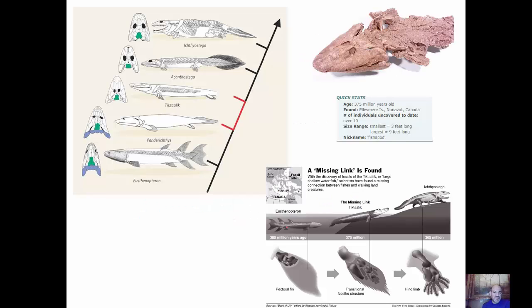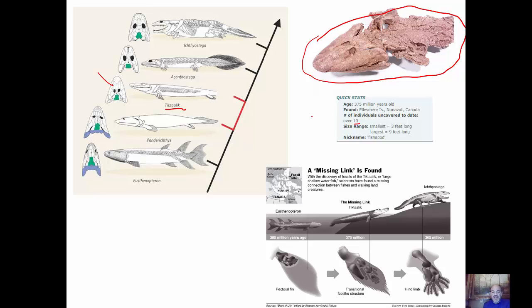And I mentioned transition fossils earlier. This particular transition fossil right here, Tiktaalik, was found in about 2006, and this is rather interesting because there's always a lot of debate. Well, you don't have enough transition fossils to support the theory, but as time progresses, we keep finding more and more transition fossils. This Tiktaalik, the actual fossil is right here, or one of them. They found 10 fossils, perhaps more by now.